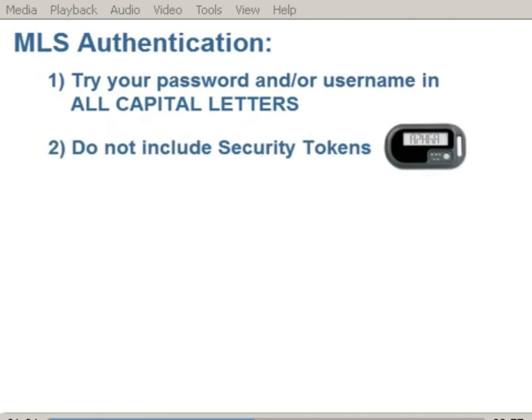Top Connector doesn't make use of security tokens or keys. If your MLS website requires a web username, password, and a token, don't enter the token into the field for Top Connector. If you tried your username and password, tried capitalization and elimination of any tokens, but Top Connector still cannot